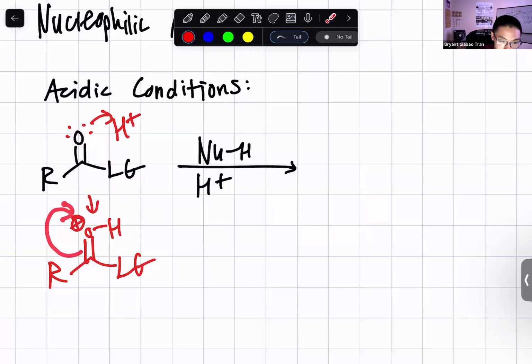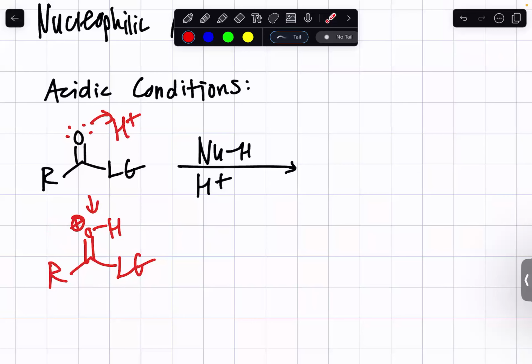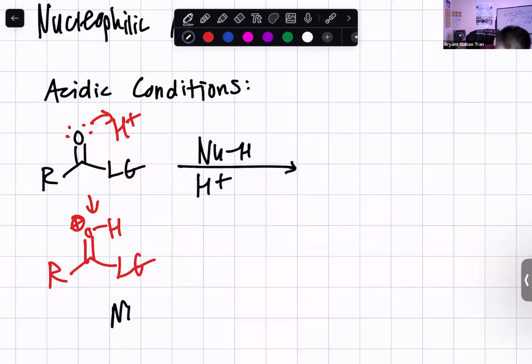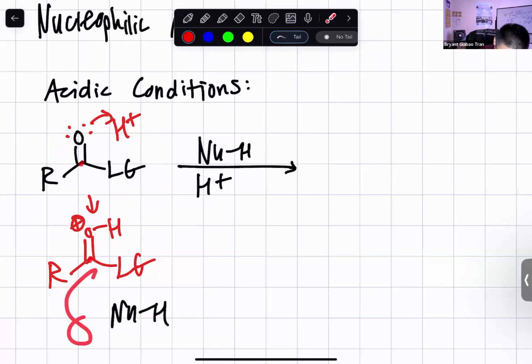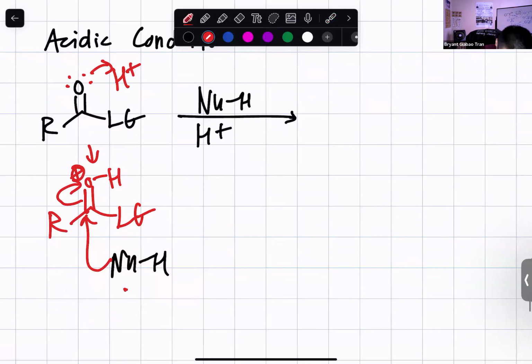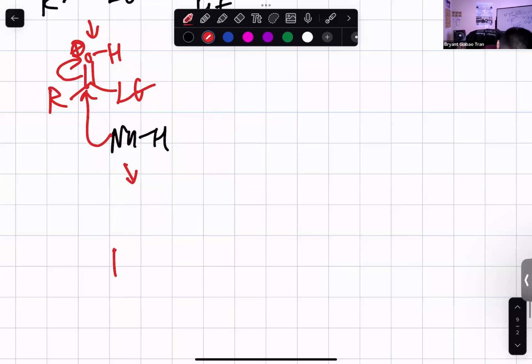Just think of that in the background. If it moves up to utilize this oxygen here, this carbon will have a positive charge. Then the nucleophile attacks the activated electrophile carbonyl. This first step activated the electrophile. It made this carbonyl carbon have a bigger partial positive charge, and that's a stronger electrophile now. We made a strong electrophile, which allows this weak nucleophile to attack and pop the double bond onto the oxygen like that, to give us this tetrahedral intermediate,